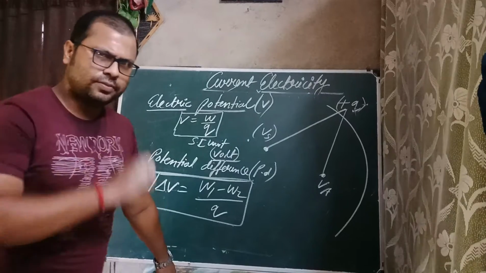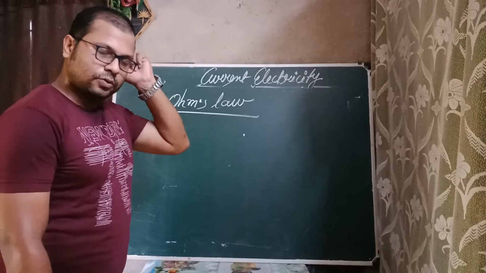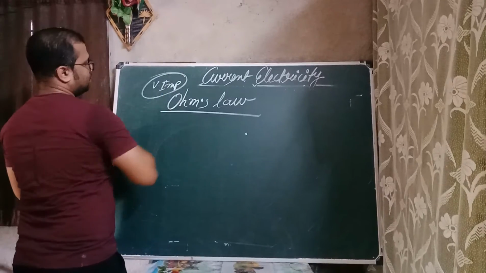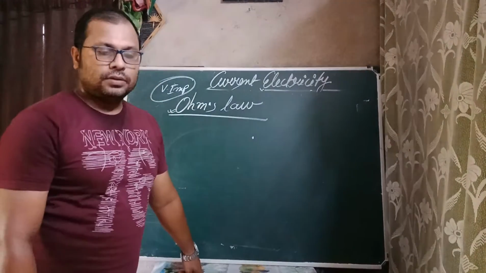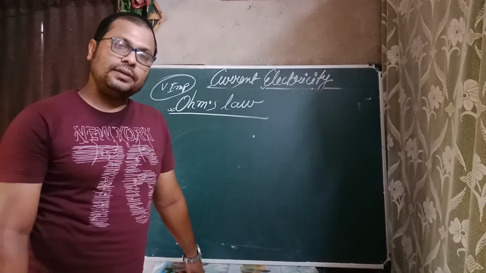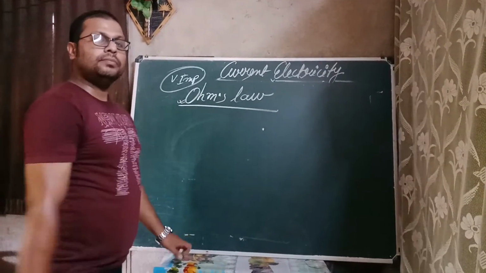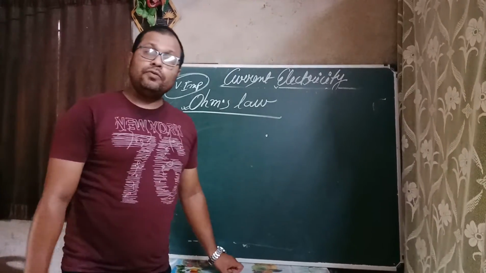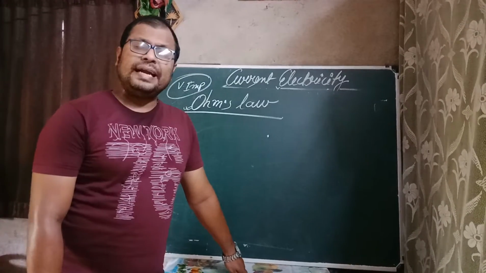Very important, Ohm's law. Students, we are going to discuss a very important topic for this chapter. Ohm was the person who related the potential difference to the current, and he is the reason behind the concept of resistance also. He brought that term to this chapter with his experiments. His name was George Simon Ohm, in the year 1826 approximately.